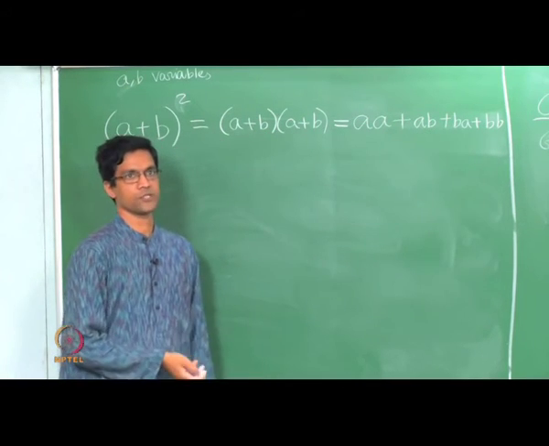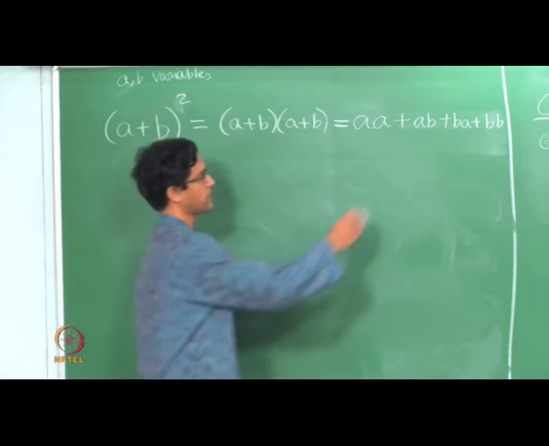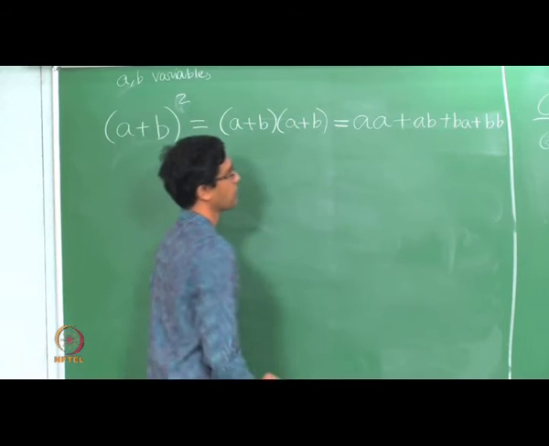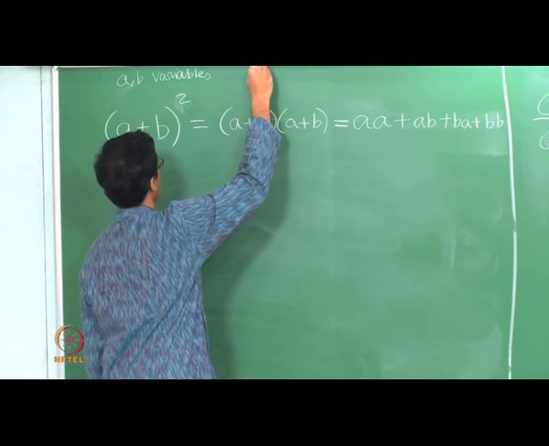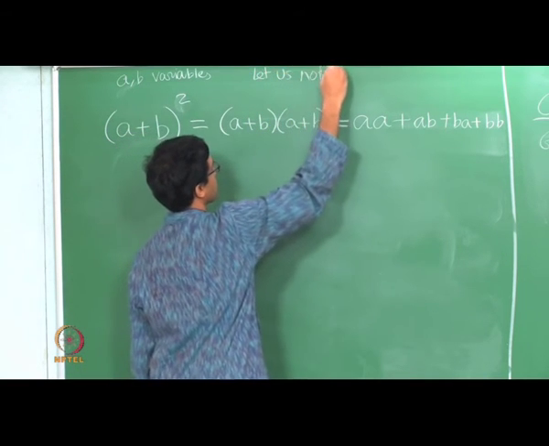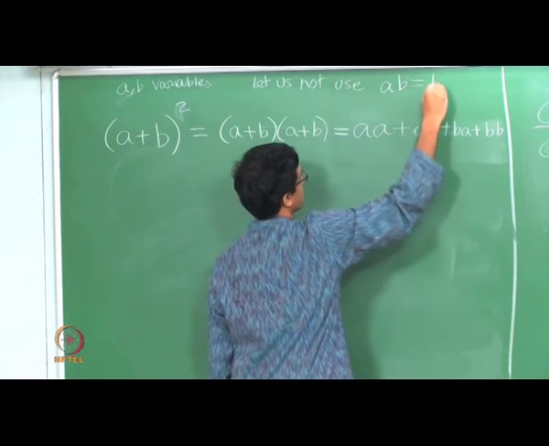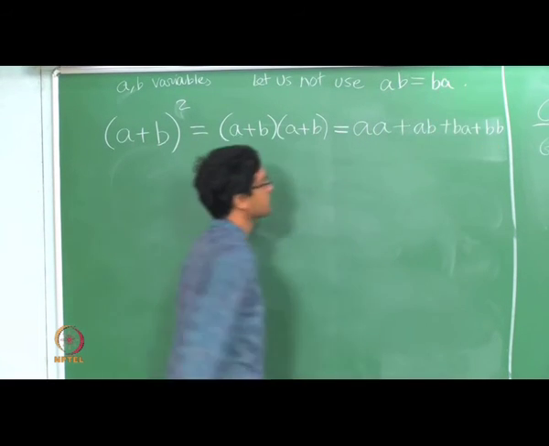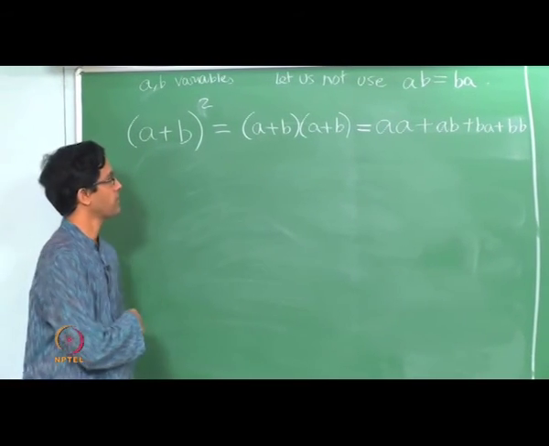The only difference now is I have written it out like this without using the fact that AB is the same as BA. I want to for now keep the distinction. So let us not use the commutativity property. In other words, let us not use this property AB equals B